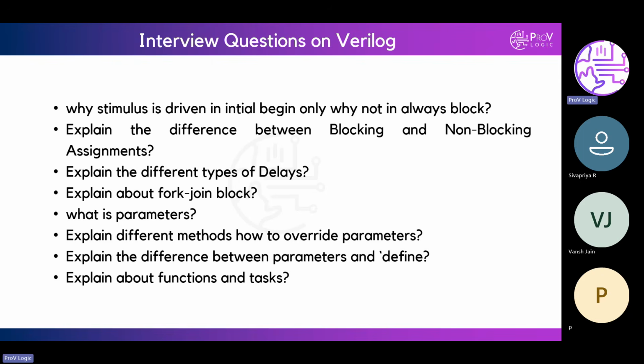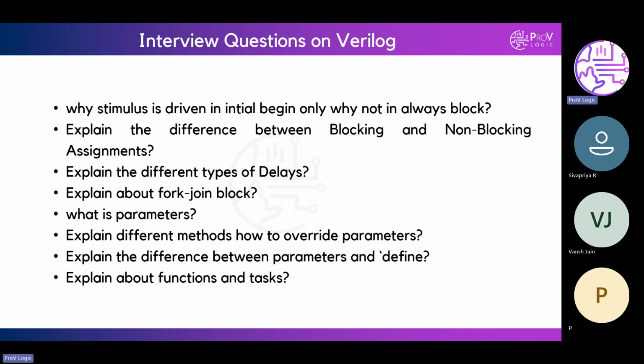What about you, Vansh? Is it if-else and case statements? No, those are not procedural assignments. Basically, blocking and non-blocking are the procedural assignments.